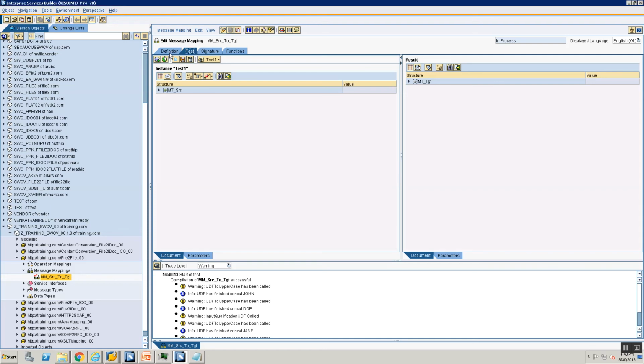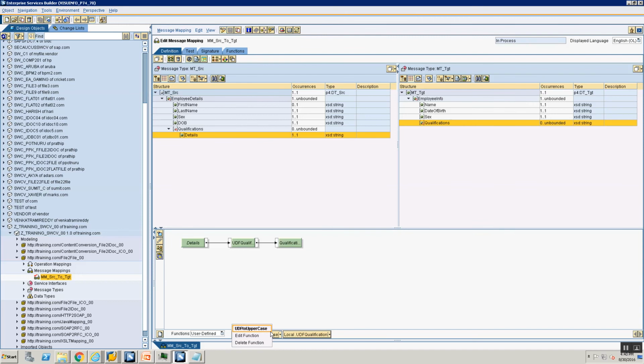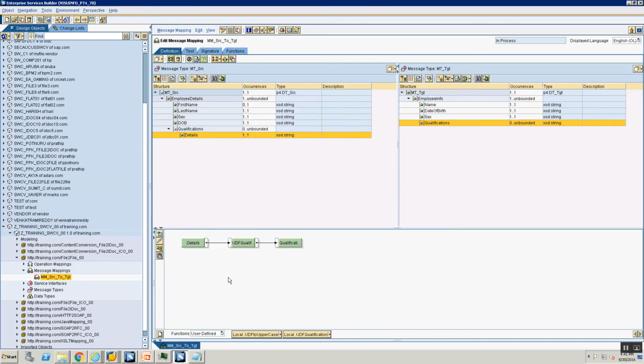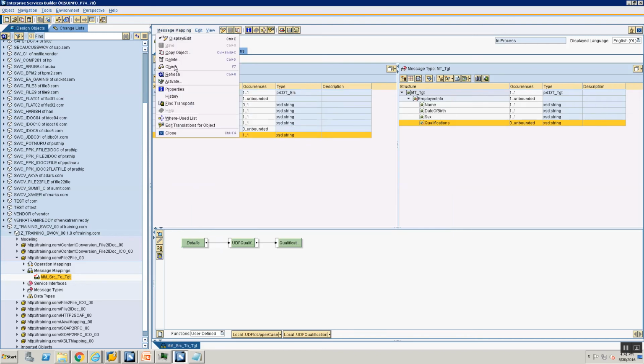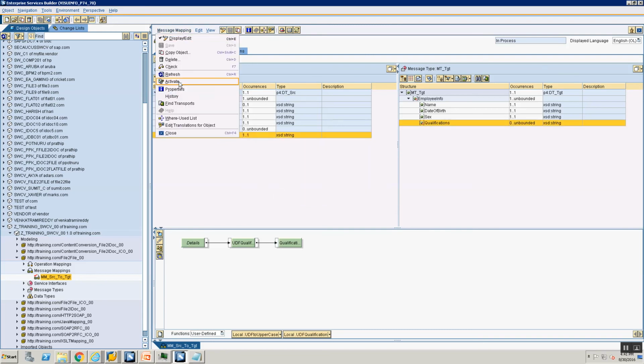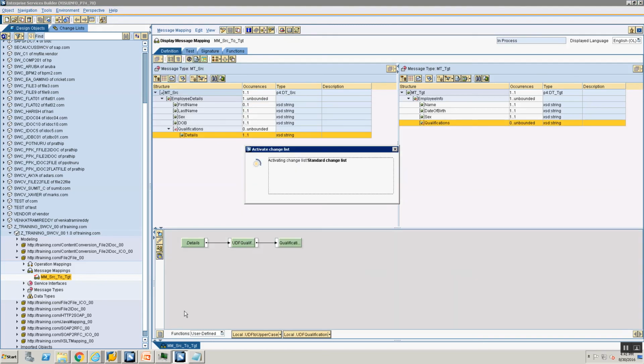All right, so let's just quickly change the text. I want to fix the text, edit function, and let's just take the text that says has finished uppercase conversion. All right, now I'm going to save my mapping, and I'm executing my mapping. Oh sorry, I did a refresh, which is wrong. I'm going to go into mapping and activate my mapping, and now that my mapping is activated, let's take the input message, input payload,